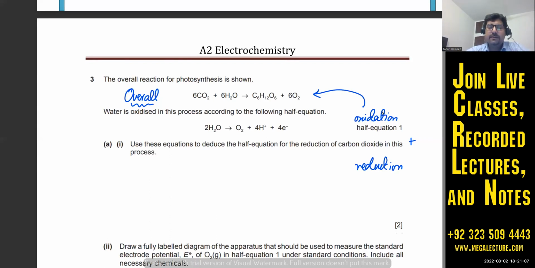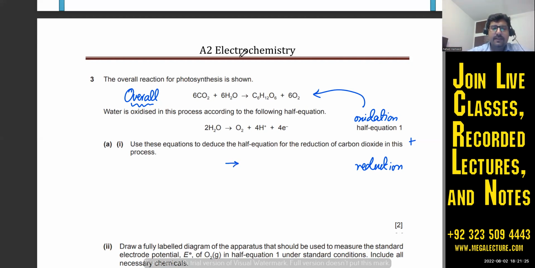They're saying find the reduction equation. So far we had the reduction equation, we had the oxidation equation, and we just added them up and we got the overall equation. Now the original equation, one of them is missing, right? So what do you do? You just subtract it. Okay, I'm going to try and make the